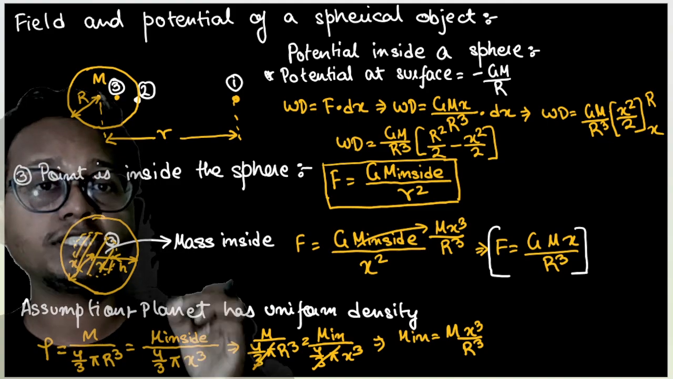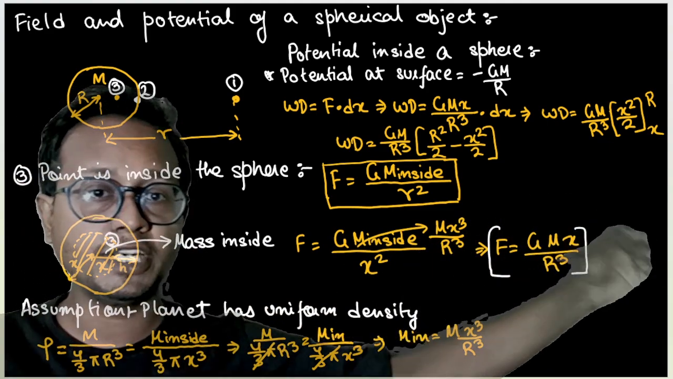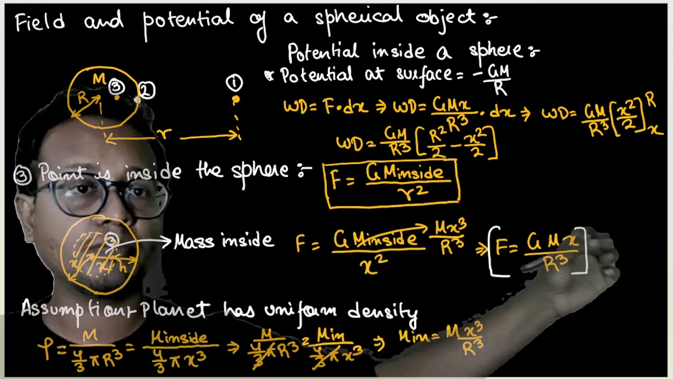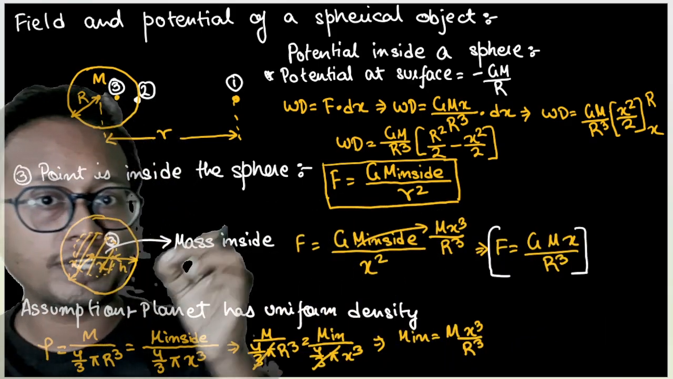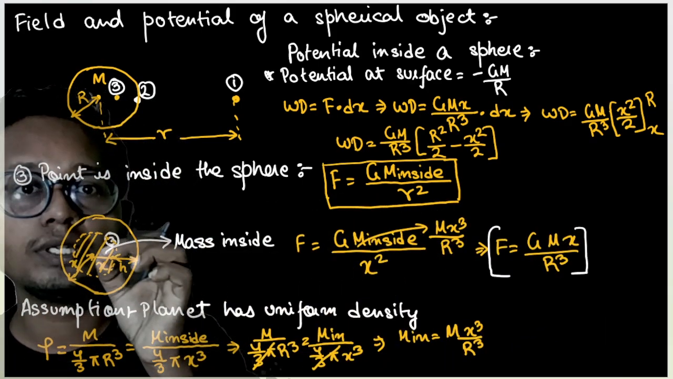Okay, what is the total work done by the gravitational force in bringing a unit mass from infinity to point 3? Total work is nothing but the work done in bringing from infinity to the surface plus the work done in bringing from the surface to point 3. So total work done